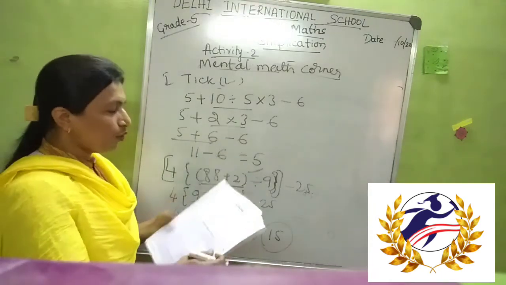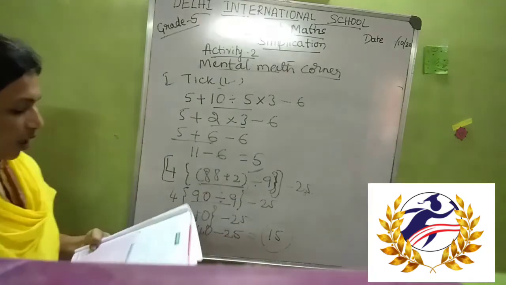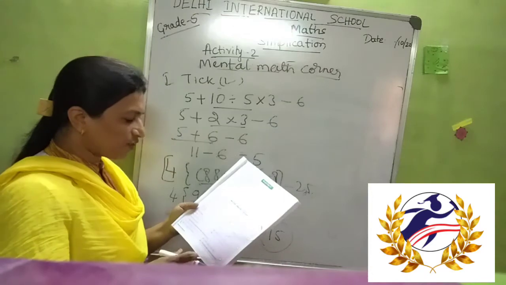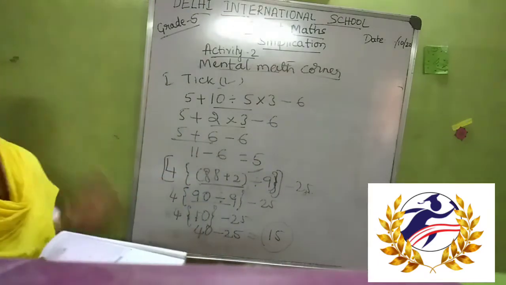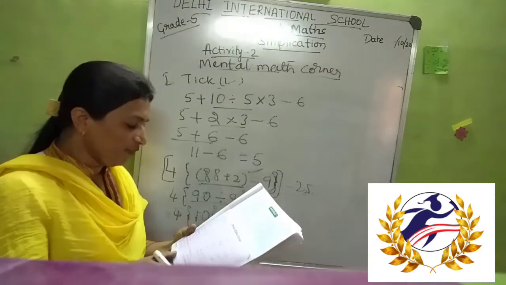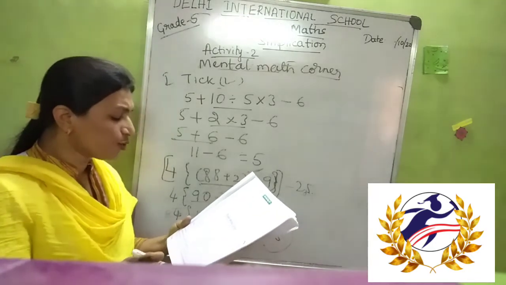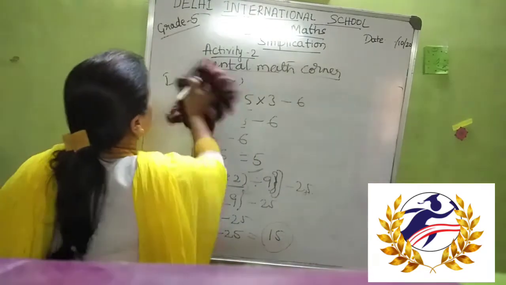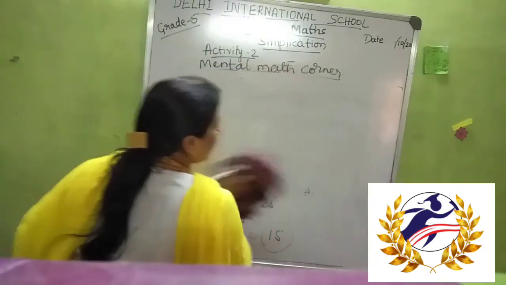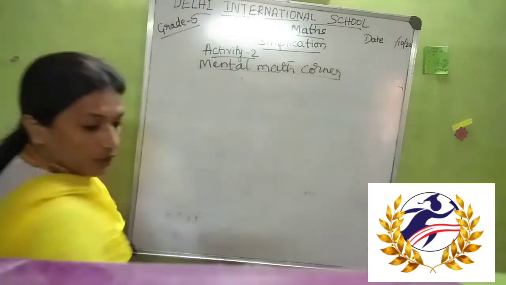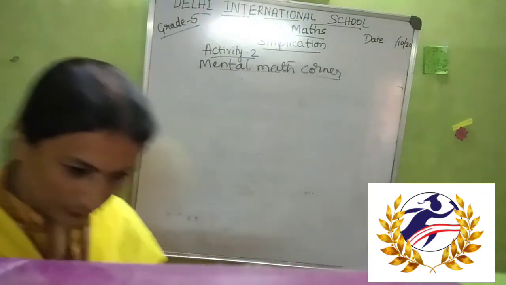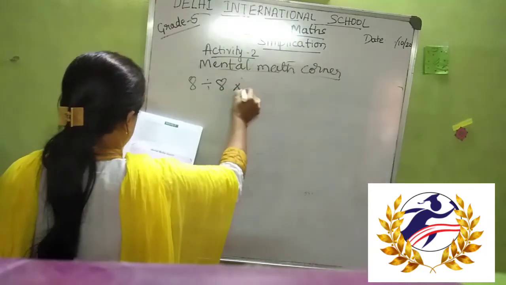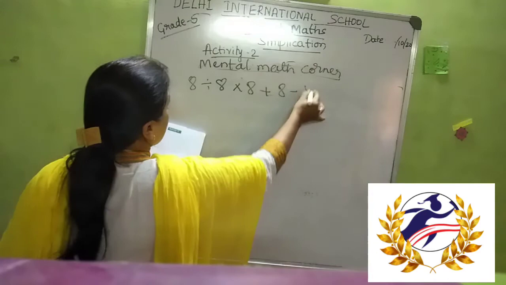Okay, so this is about mental math corner, solved by using the BODMAS rule. Next is also the same, fill in the blanks, you need to do the same by following the BODMAS rule only to solve that problem. And then write true or false. This also is the same case, one problem we do. In the second main one problem I do, and in the third main one problem I do. So in the second main, 8 divided by 8 into 8 plus 8 minus 8.